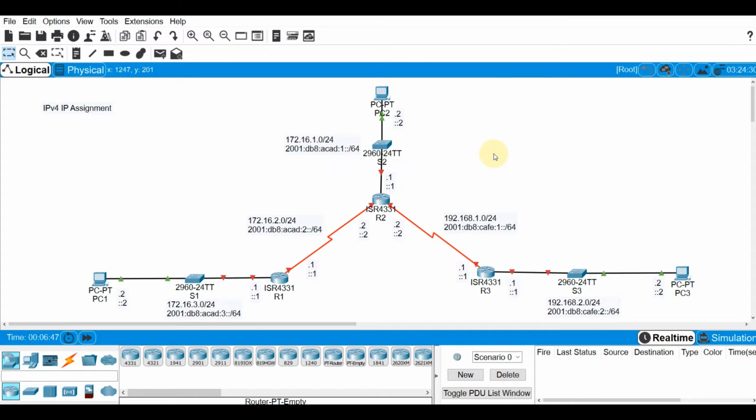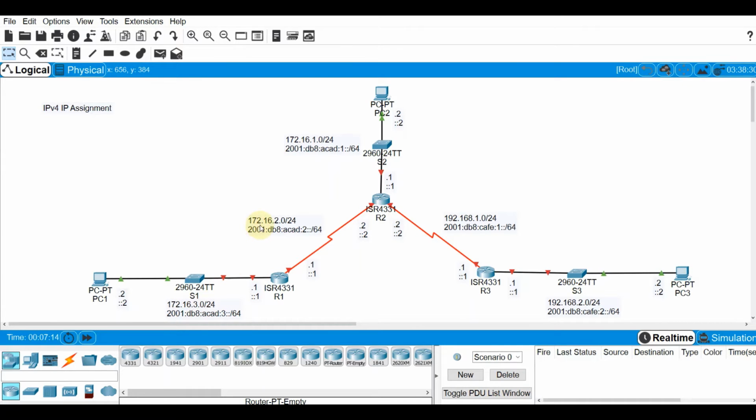Okay, so this would be our topology for this video demo. Let us first identify the networks and the IP addresses to be considered. Now, this topology comprises 3 router configurations. So you've got R1 here, R2, and R3. First we are going to identify the networks connected to R1, and these are